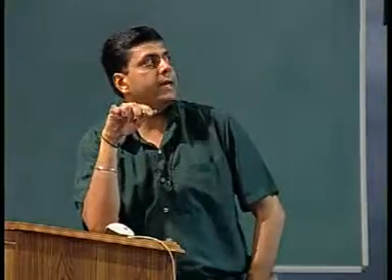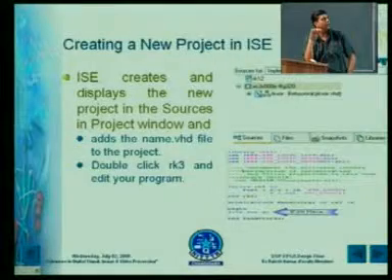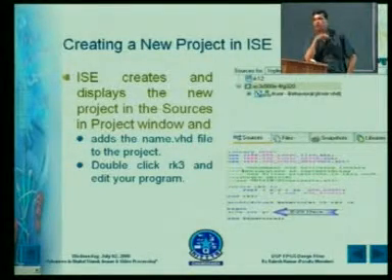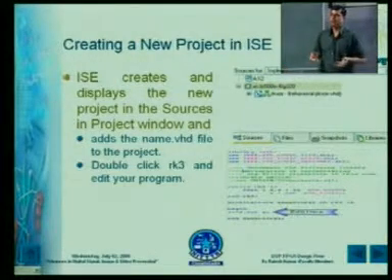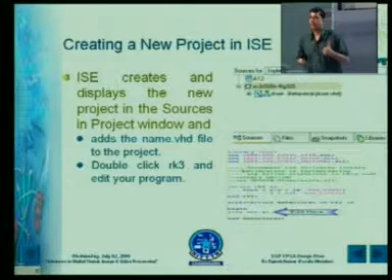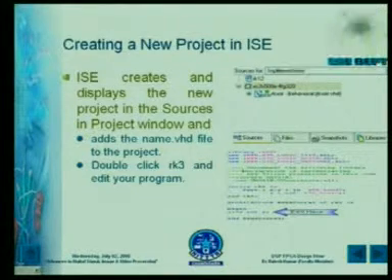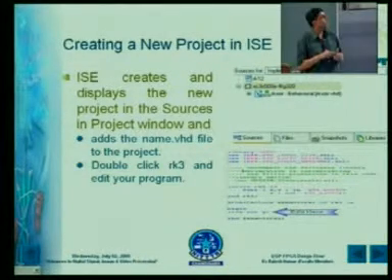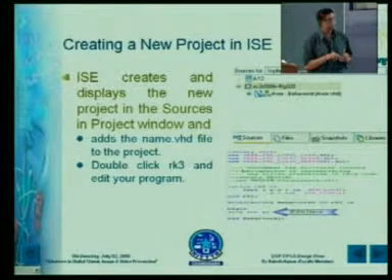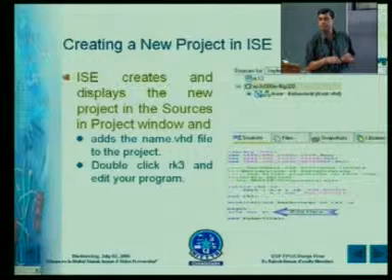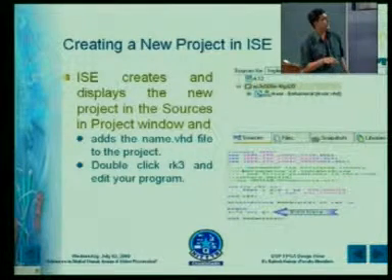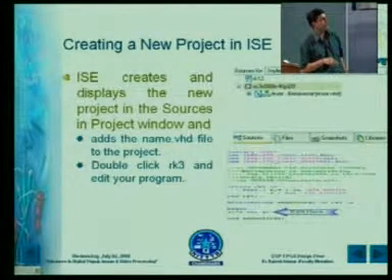Once that portion is over, in the sources window you will get this icon, RKXOR. This is the file that I generated. By double clicking it, you will get this window, and you can edit your program here in between begin and end.